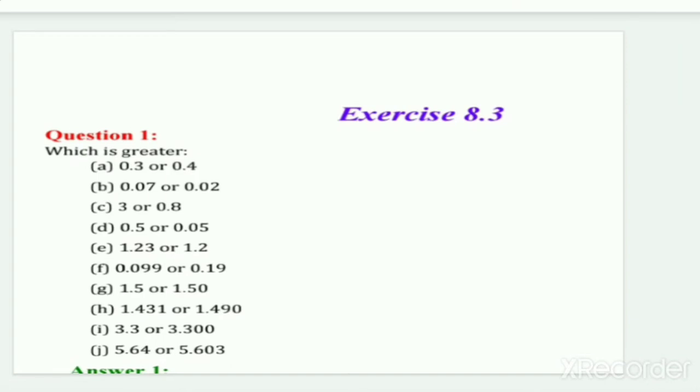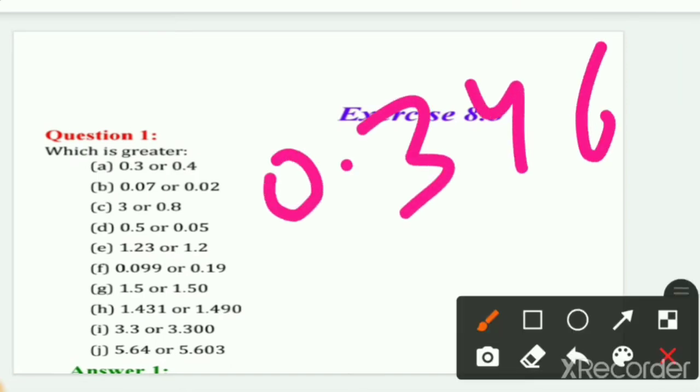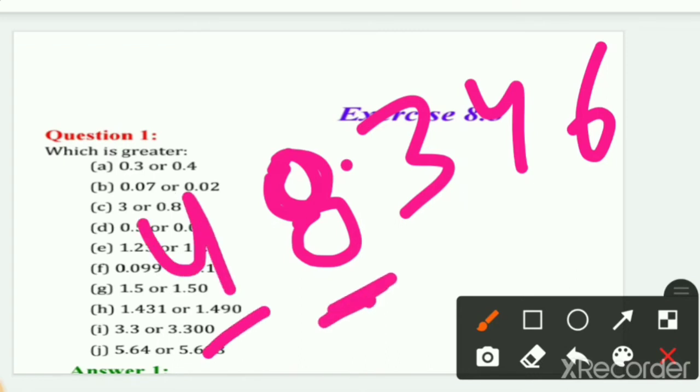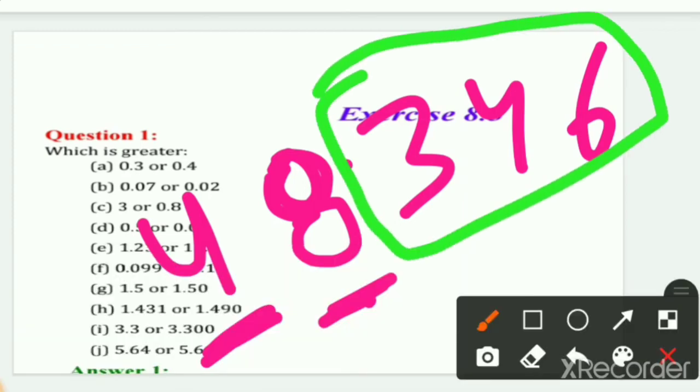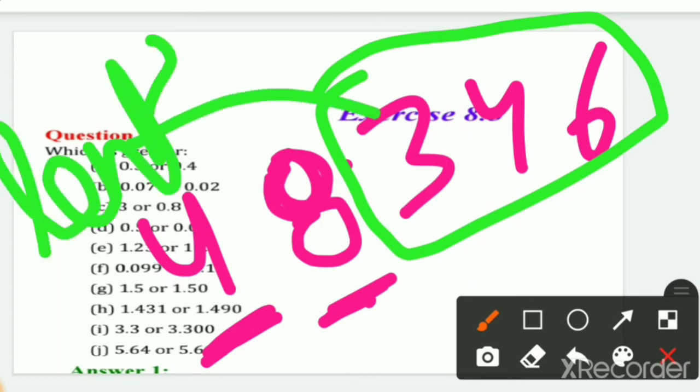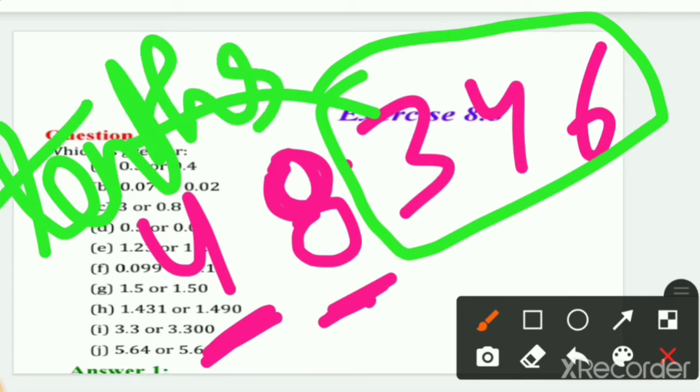As you all know, we have discussed that if a number is like this, this is the ones place, and this number will have the tens place. But as soon as we talk about the decimal point, the digits after the decimal point, the first digit is the tenths place. Now the next digit will have the hundredths place, and the next the thousandths place, right? So this we have already discussed prior.